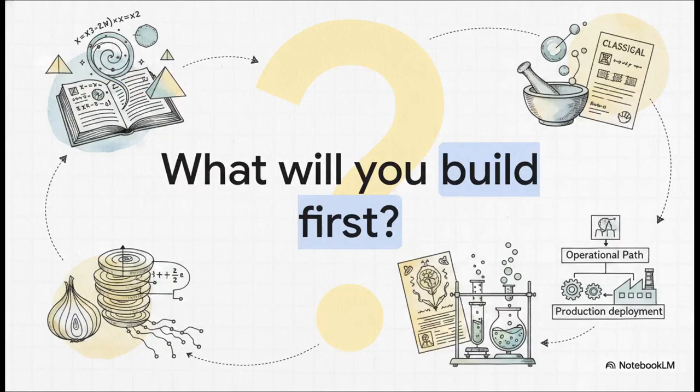And there you have it. We've covered the entire journey. We've demystified the foundational math, we've chopped the messy data onions, mastered those classical recipes, explored the molecular gastronomy of deep learning, and finally laid out the critical operational path to actual production deployment. You literally have the complete blueprint right here to architect your intelligence and launch your career. The only question left to ask is, with all these incredible tools now at your disposal, what are you going to build first?